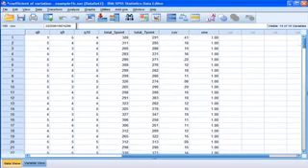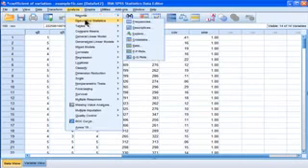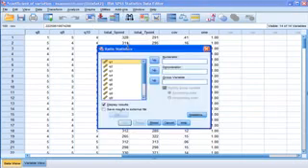So now that I've got that, I just have to go into Analyze, Descriptive Statistics, and Ratio. And that's going to